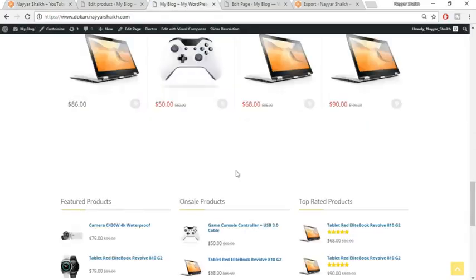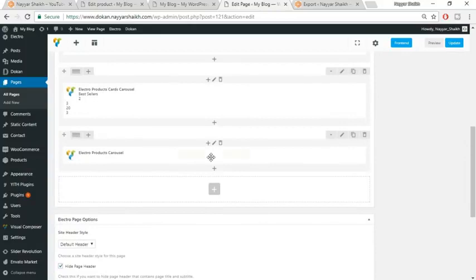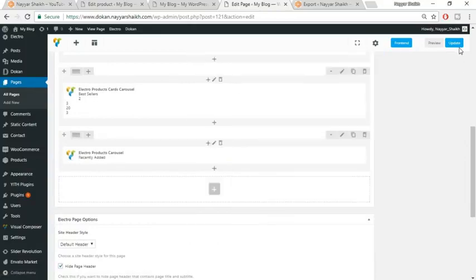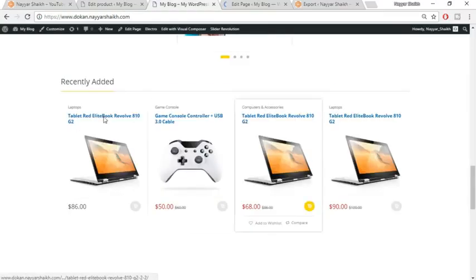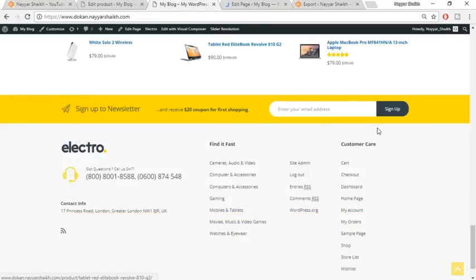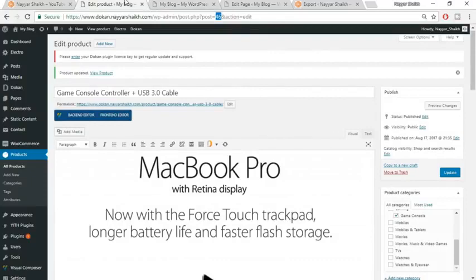Okay, we can see this, but as you can see there is no title, nothing, so we forgot to put the title. Just copy this title, again come back over here, just edit this, enter title, click on save changes, click on update. Now everything will be fine. Just refresh the website. Okay, now this looks awesome now, and this is already here. Now we have to do some changes over here in the footer section, and we also have to remove this section. Okay, so come back to your dashboard,